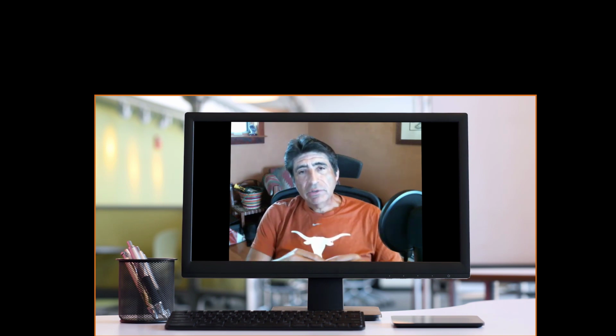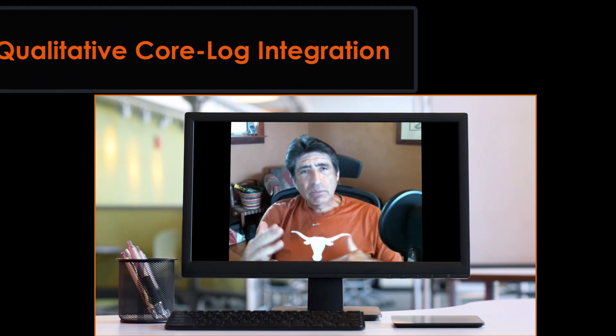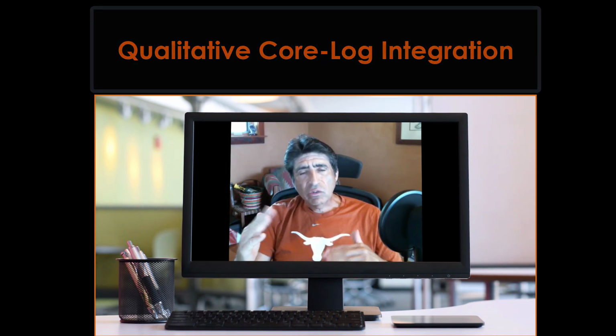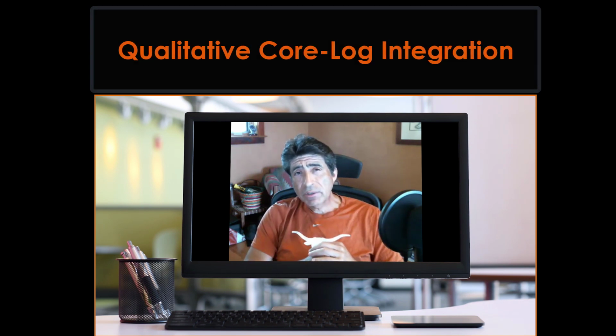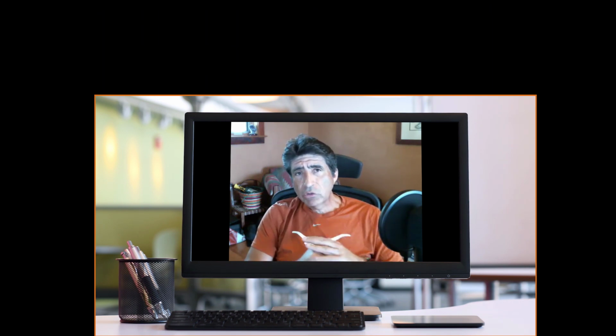And one of these ideas is to do core log integration, in the sense that we have the logs and we have the core samples, whole core samples or slabbed core samples laid out on tables. And we walk through the tables and we bring the logs and we compare the logs to the core samples. Of course, we have to be mindful of the differences in depth. We have to correct for depth. We have to correct for volume of investigation of the different well logs. All of those things need to be done.